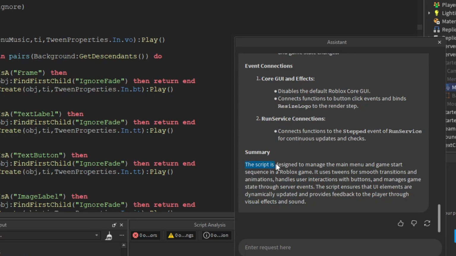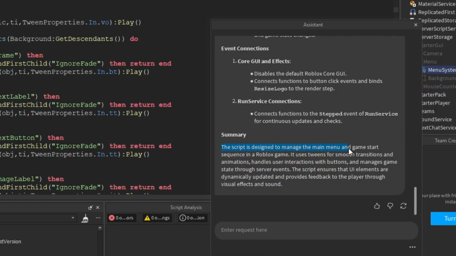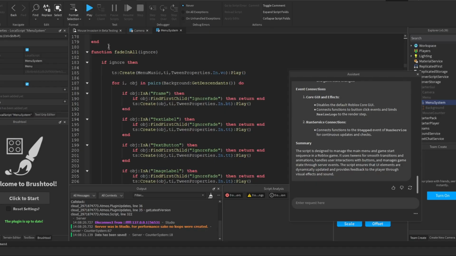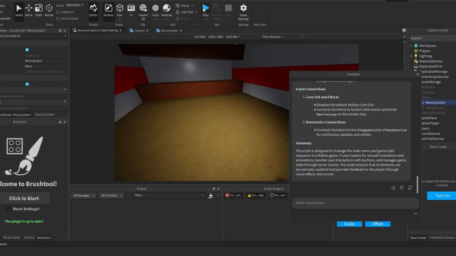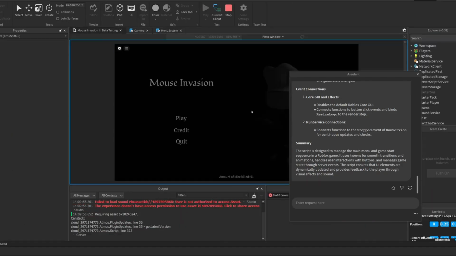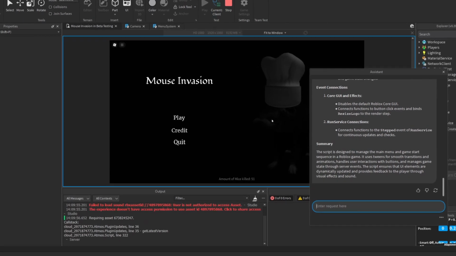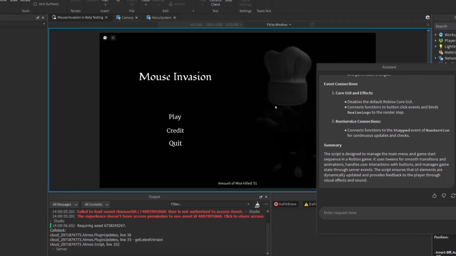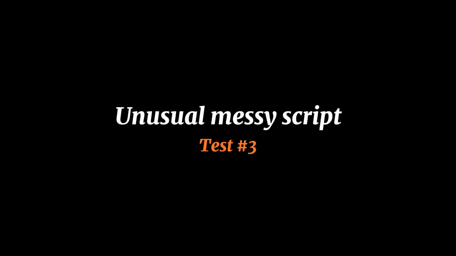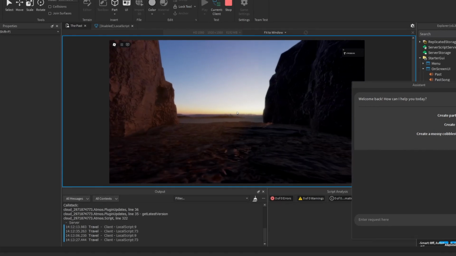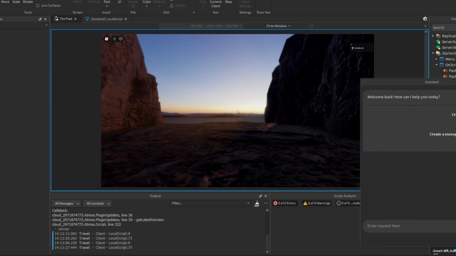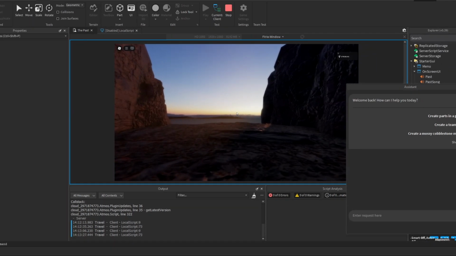And again, this AI knows that this is a menu because it says the script is designed to manage the main menu and game start sequence in a Roblox game. It even notices that the image that I made actually responds to the sound. There's like music in the background. This image is actually responding to the loudness of that sound. So menus can be pretty easy to notice and recognize through code, but let's see what it actually does with